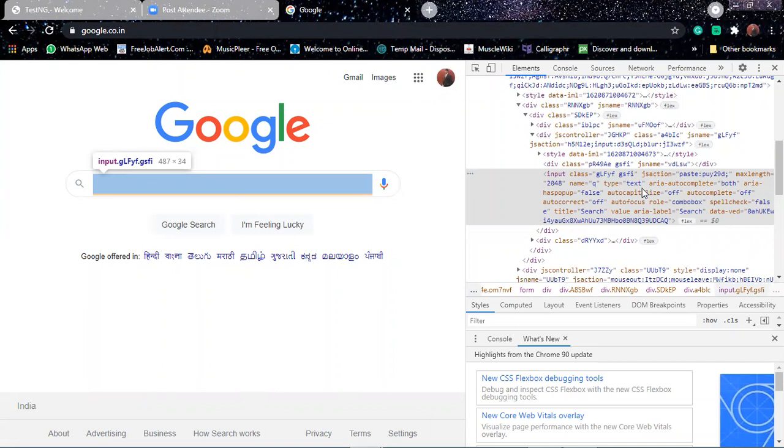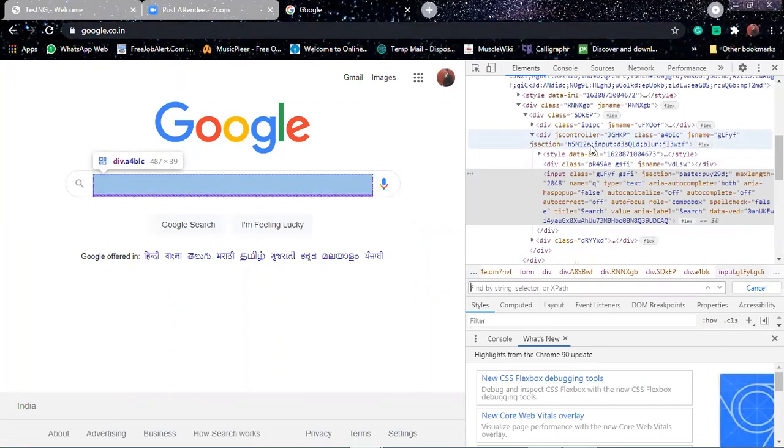No. They are not giving you ID. You can see some other element where it has ID. Expand anything that has ID, or else you can just search in the console, click there and type Control F, ID.